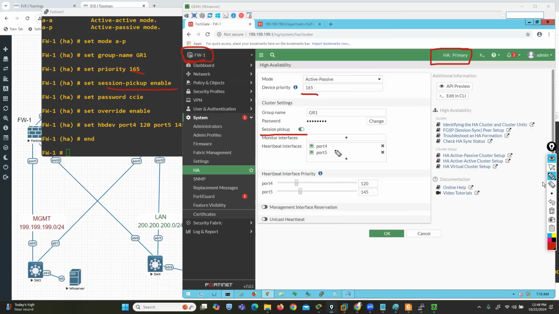Enabled. Heartbeat interface is what? 4 and 5. And priority value: for port number 4, priority value 120. Port number 5, 145. Okay, so let's go to dashboard,